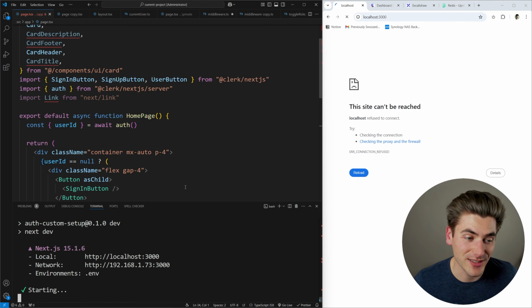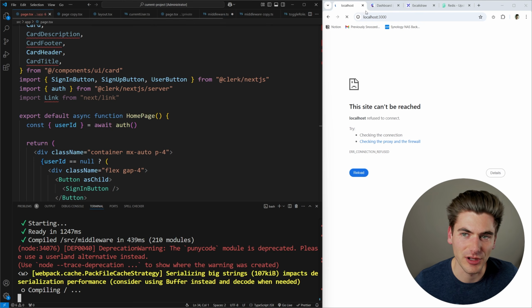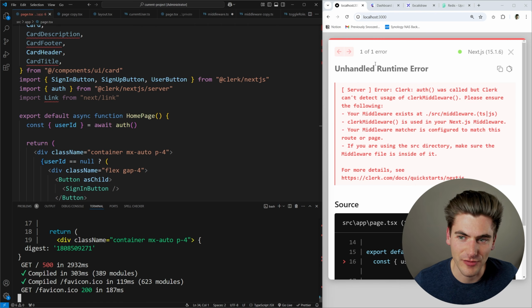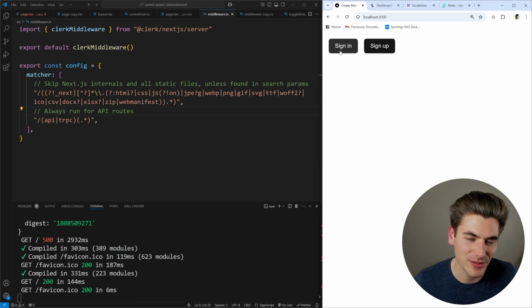There we go. And this is essentially how you can get Clerk set up in your application. That's just how easy it is to get set up with Clerk. So once we give this a quick second to refresh, you can see here it's not properly detecting our middleware. I forgot to save this file. When I give that a quick save and a refresh, you can now see we have our sign in and